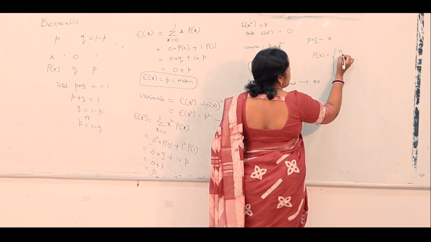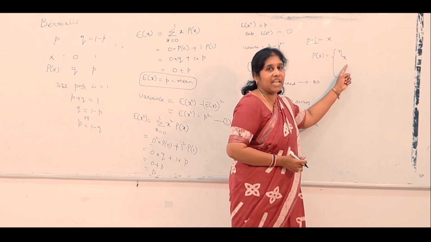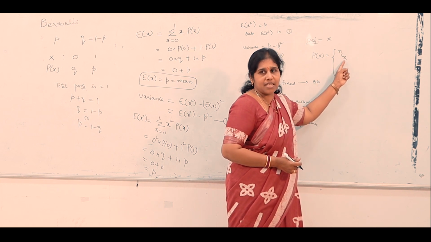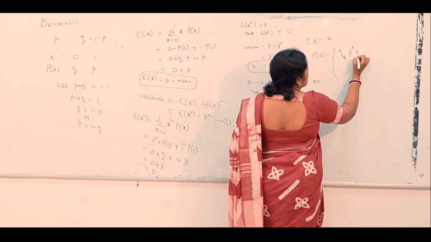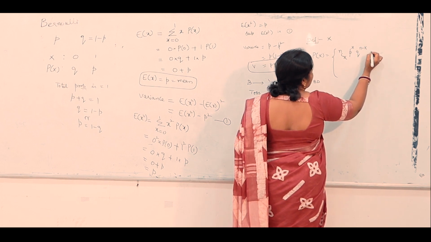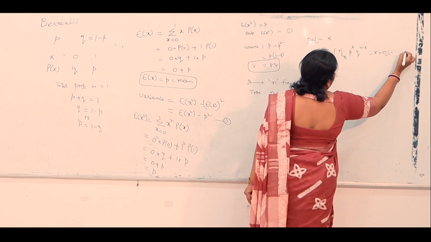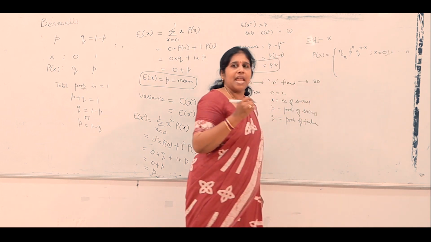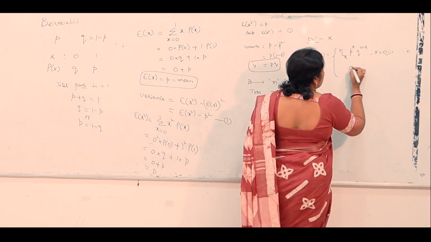Number of times you do an experiment, nCx. Out of n times you want x successes. So nCx into p power x, q power n minus x. x will range from 0 to n, where n is the number of times you do an experiment, and 0